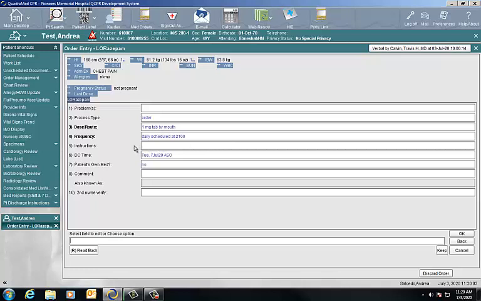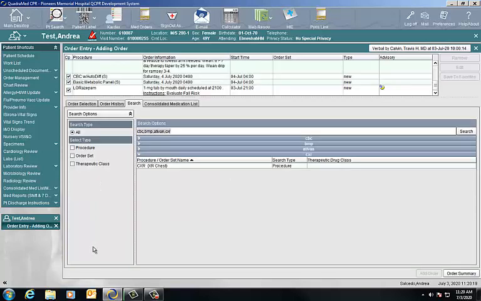It is not required, and it is not bolded, so you can see that you can just start typing in here if you want to. And this does display in the nursing documentation of medications. Click my read back, I hit enter or OK, and I move on to my next item, which is the